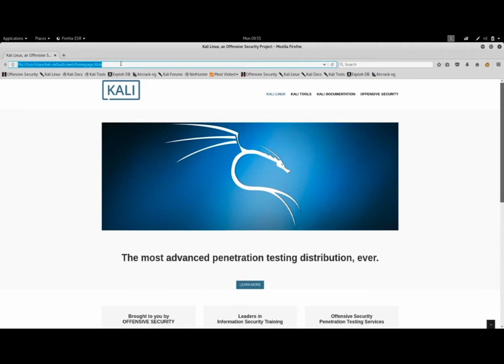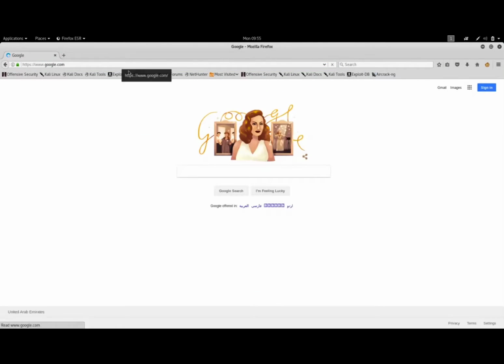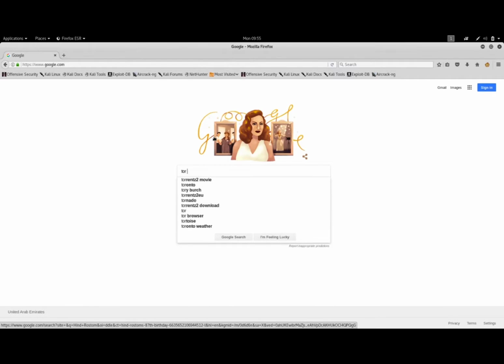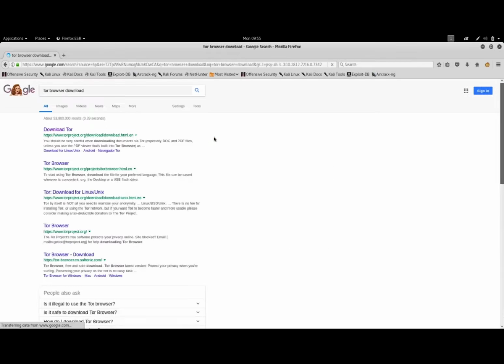So if you open your browser and go to google.com, you have to search for Tor browser. It's written like this, Tor browser. And you have to go to torproject.org. As you can see, this is the first result for me. I will click on it, but you have to make sure that you're downloading it from